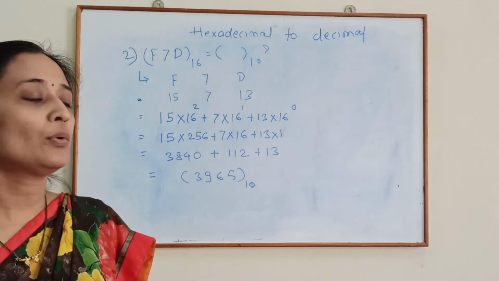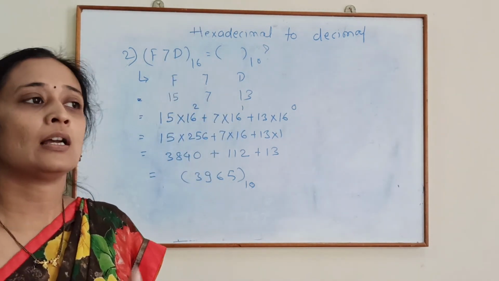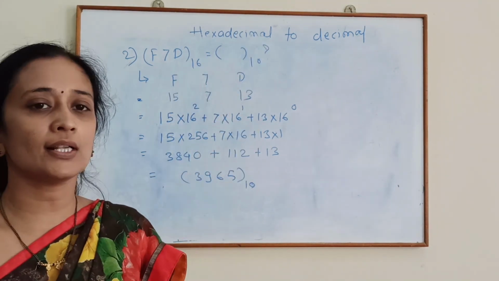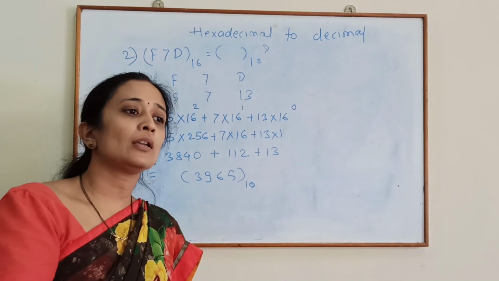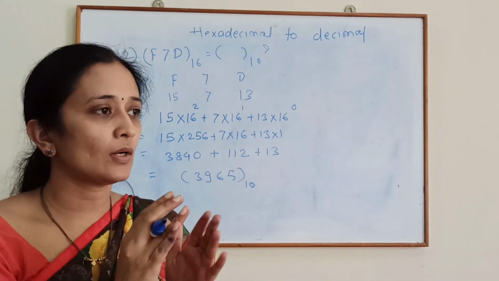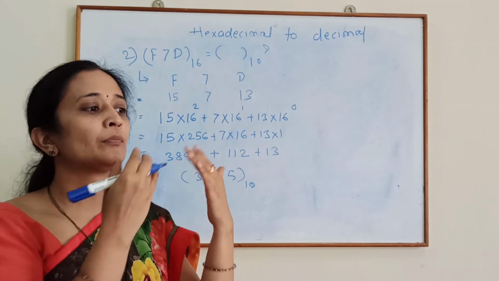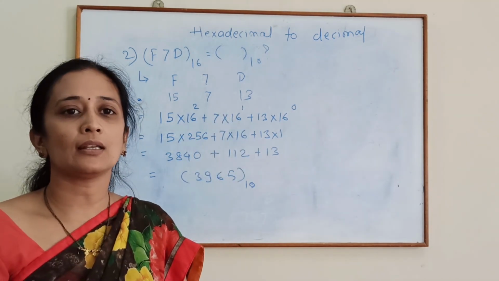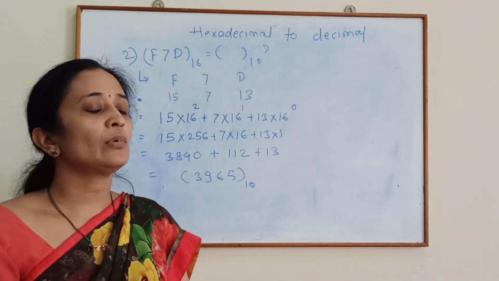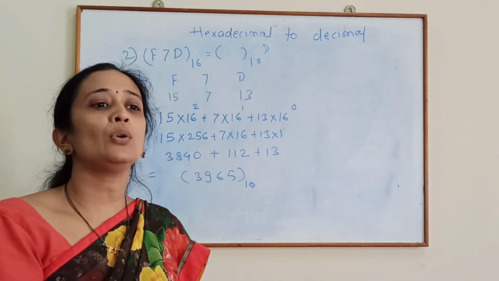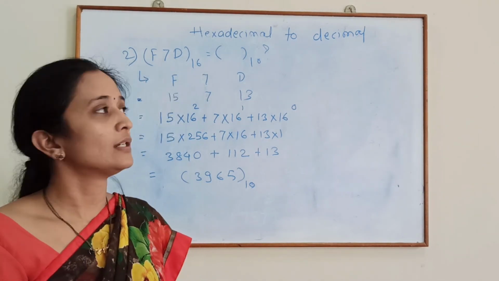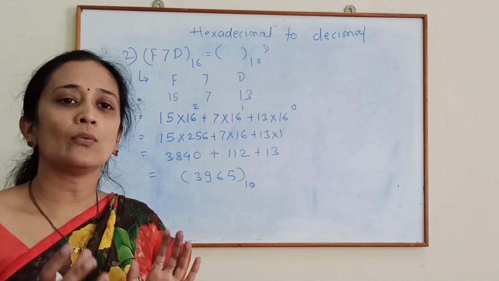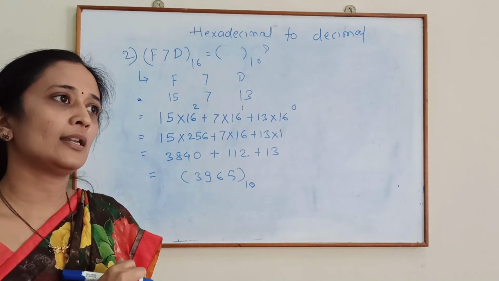What we have seen: how to convert hexadecimal to binary, how to convert hexadecimal to octal, and how to convert hexadecimal to decimal. To convert a hexadecimal number into binary, what is the first step? First step is separate the individual digits, write the numbers in the combination of addition, and you will get the binary number. To convert from hexadecimal to octal, the number should first be converted into binary, and then from binary to octal. And from hexadecimal to decimal, multiply each and every digit with its weight and then add all answers, you will get the decimal equivalent.